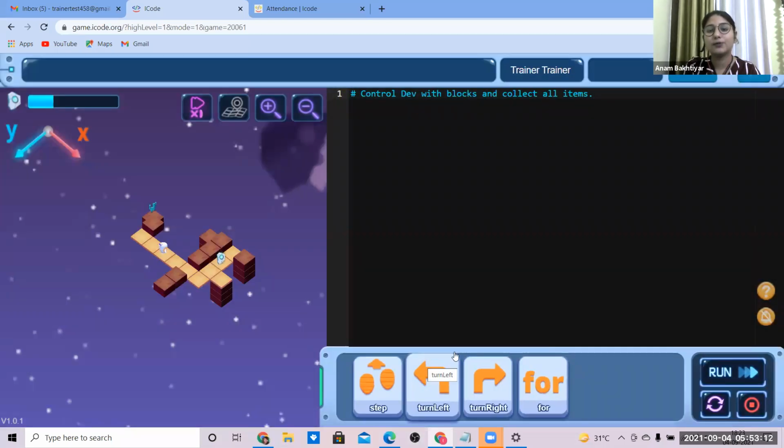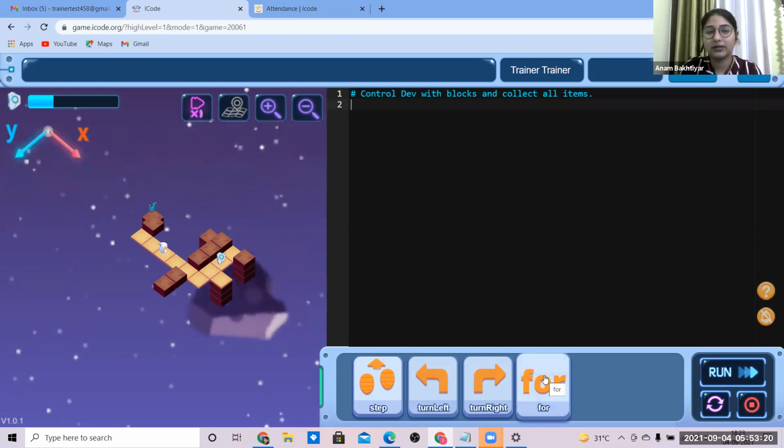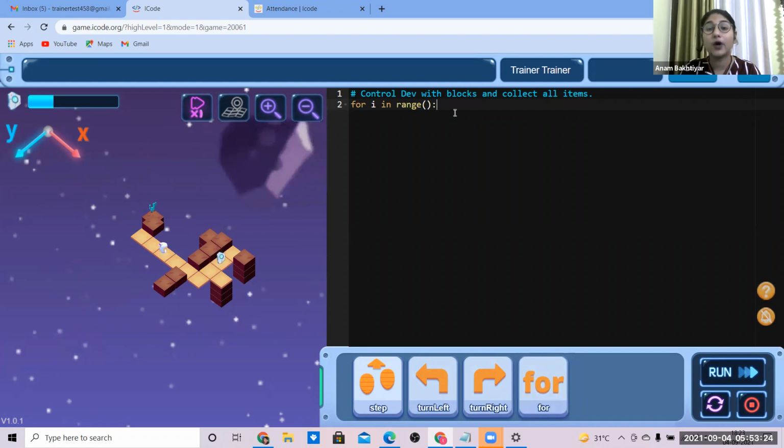So there is an option that has shown for, but we are not in need of it right now. Okay. So what will this for do? Like, what is it going to do? It will just set the range, like the for loop you use in Python. But I don't think we need to use it right now because we are not following any repetitive steps. Okay. So what I'll be doing is,